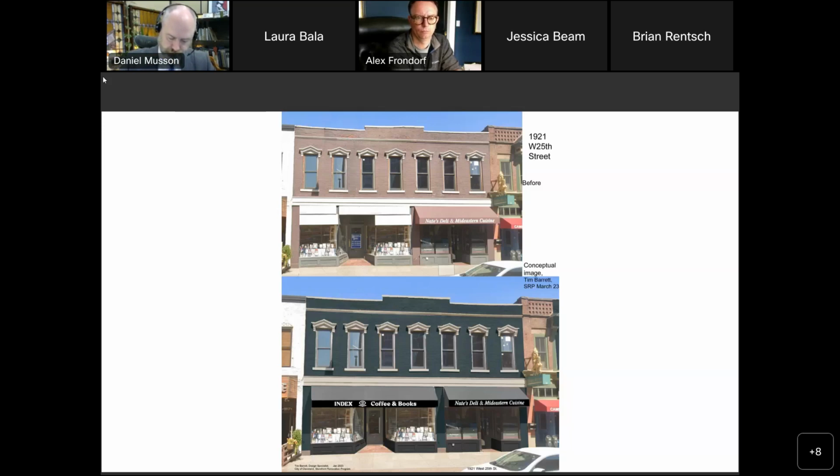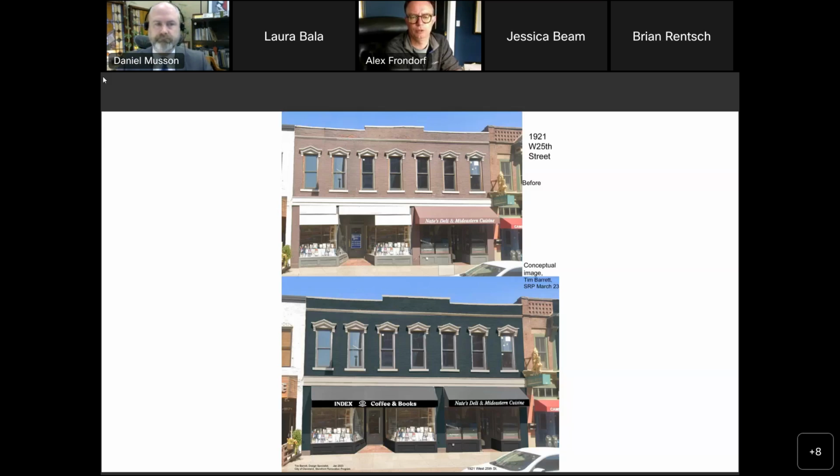So Tim Barrett and Greg Frost have discussed this already, so I have a high degree of confidence that it will be done appropriately, but it will not be done in a way that will damage the current status of the brick. Okay.